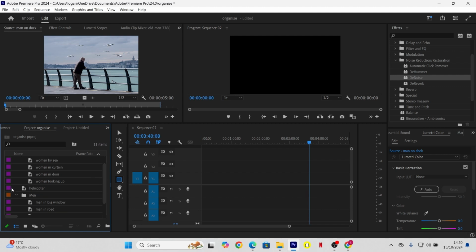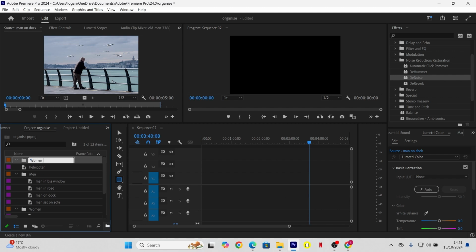And then the last one, helicopter, there's only one footage, so let's not worry about that one. And that's a bin in the women one now. So we have all of the women in here, and all of the men in this one. I don't have that many videos, so for me, I would probably stop here, and this would be enough to organize. But what could help, especially if you have a lot more videos, is to make a second bin,